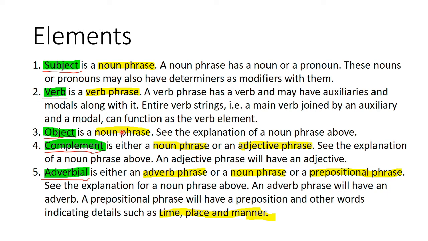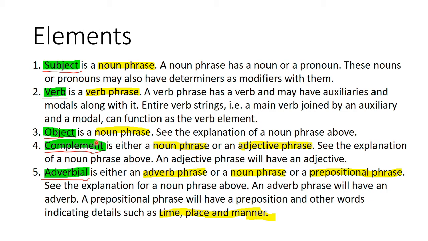Similarly, if a noun phrase is either renaming or describing the subject element of a sentence, then it will be considered as the subject complement of that sentence. This is technically called a predicate nominative or a predicate adjective. If it is renaming, it is called a predicate noun or a predicate nominative, and if it is describing, it is called the predicate adjective. Both can serve as the subject complements.